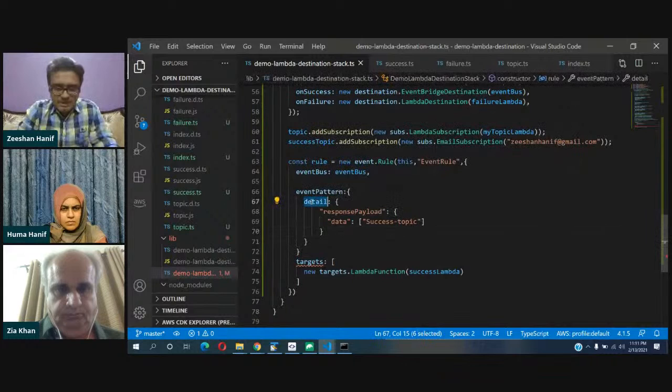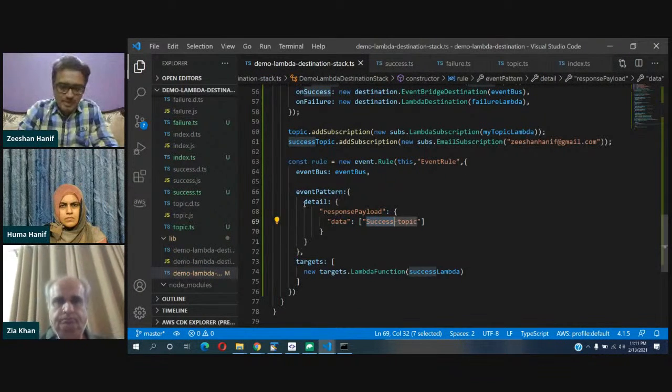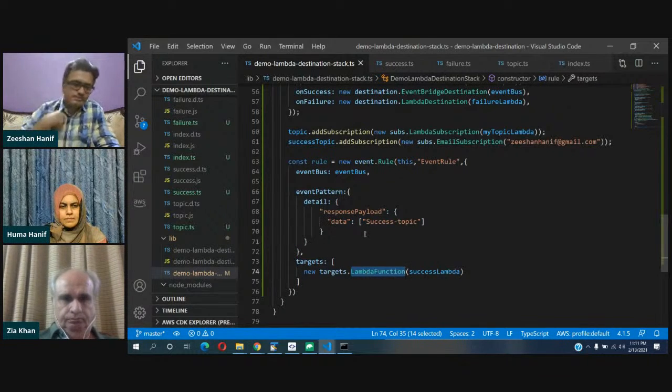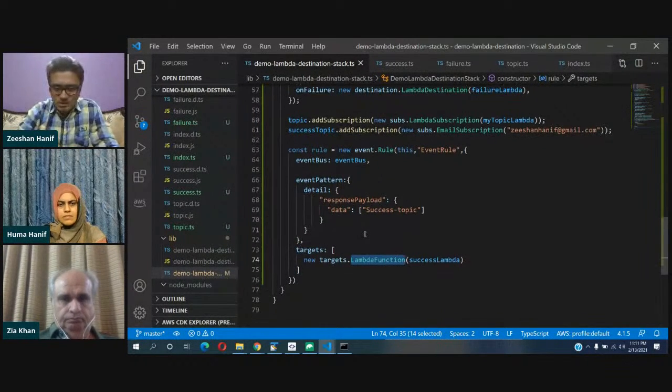So we are receiving a detail object inside the response payload, and then inside the data we are receiving a success. So if this pattern is successful, then this Lambda function will get called. Okay, now